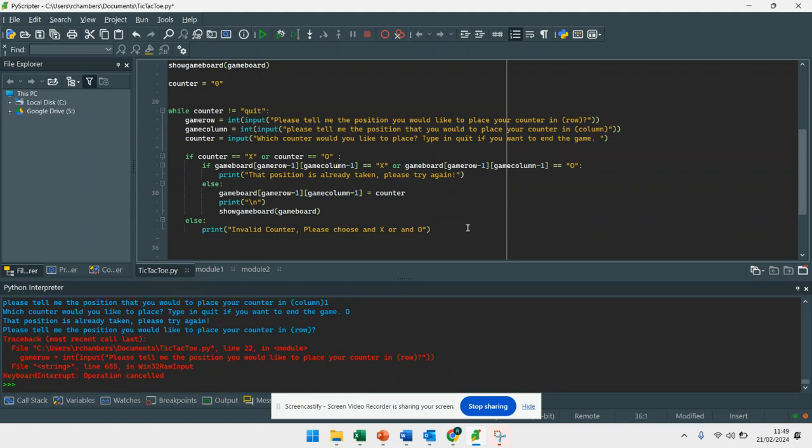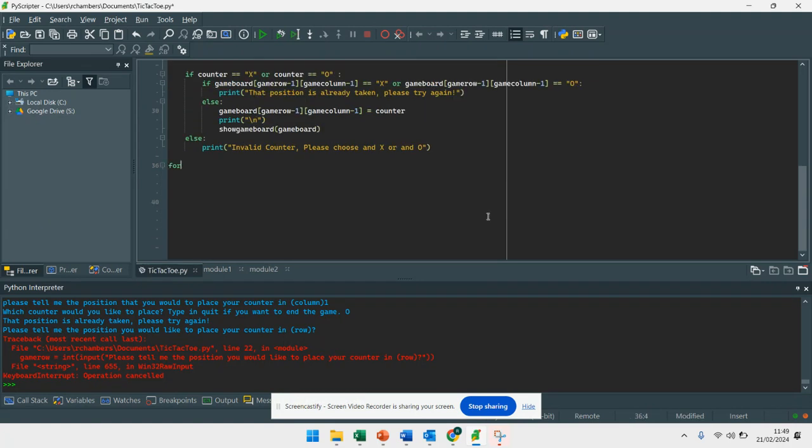Now one of the ways that you might do it, and I'm going to show you, is you could go for row in range, and we know there are 3 rows. Rather than using len to find the length of it, we're going to put for row in range. I'm going to copy this. If game board row, position 0 is equal to x, and game board row